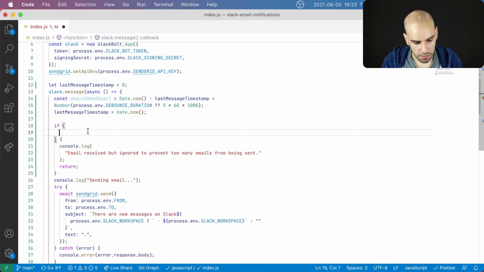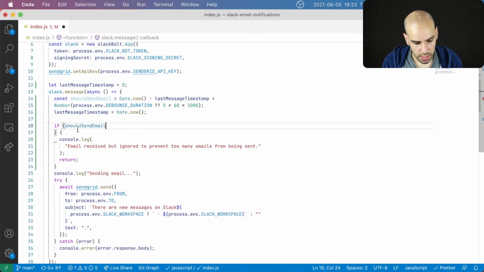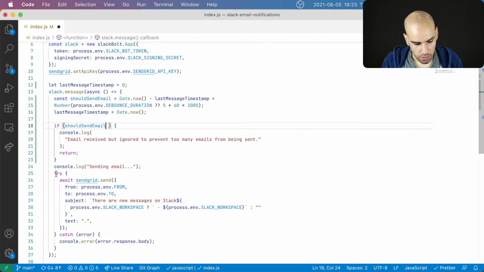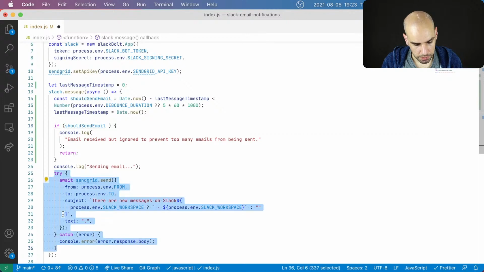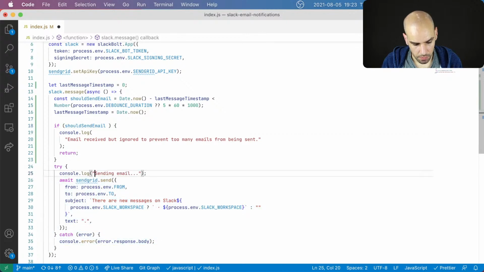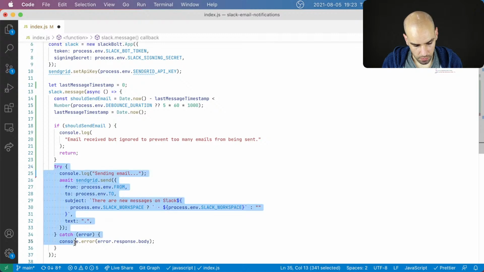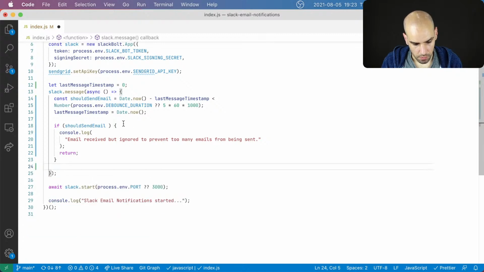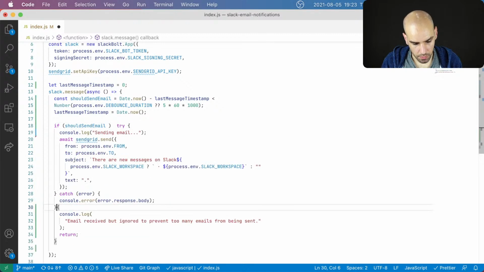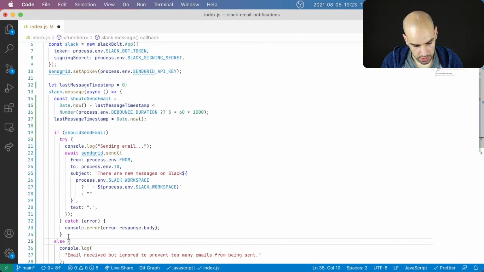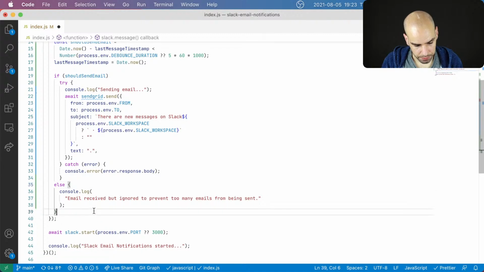And then we'll have an if: if shouldSendEmail, then try to send the email. Else, I guess that's it. And I don't need this return anymore.